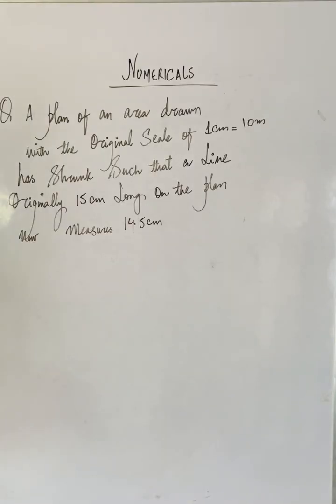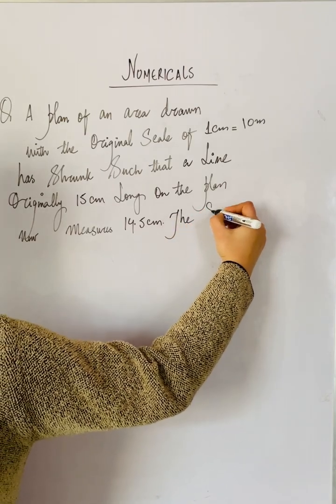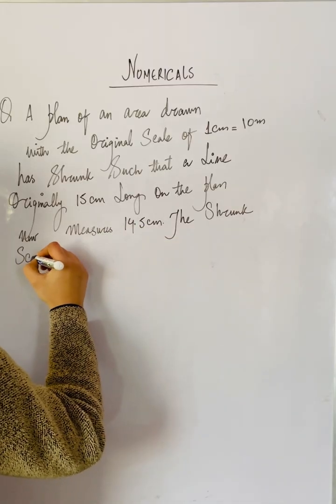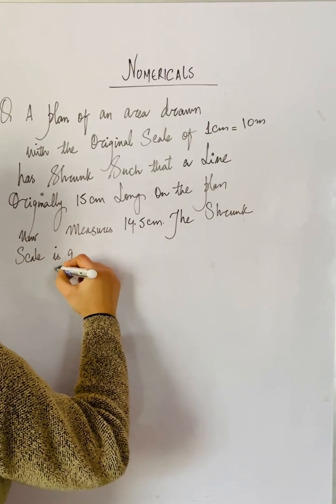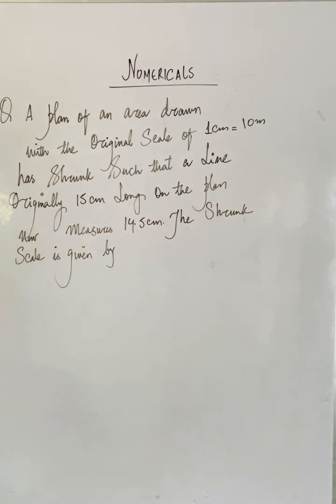The shrunk scale is given by 1 centimeter is equivalent to